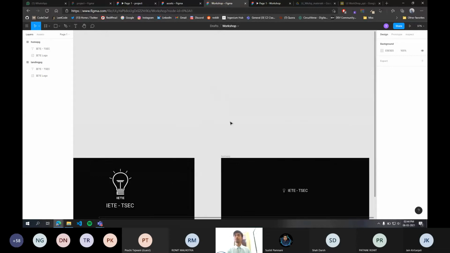Okay. So what are components? Components are nothing but the reusable elements that you create on your own and reuse over your entire prototype on different frames. Now there are two types of components. One is main component or the parent component, and another one is a sub component or the child component. So any changes you make in your main component will be reflected to your child component. So this improves your reusability, and you do not need to make changes again and again.